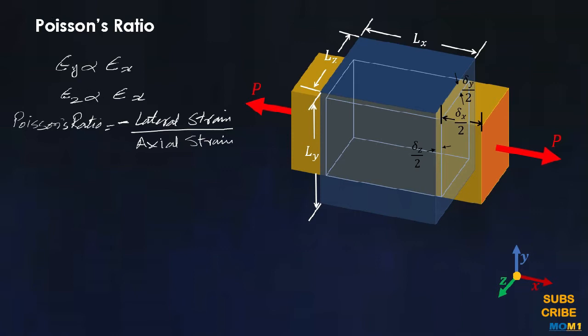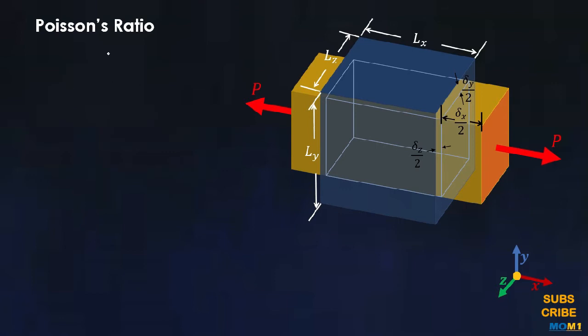Further, we write this as nu is equal to minus epsilon y upon epsilon x, the lateral strain upon the axial strain, and similarly nu is equal to minus epsilon z upon epsilon x. Further, the expression only applies to homogeneous and isotropic materials, meaning no bias of direction, and further Hooke's law would be applicable. Now using Hooke's law,